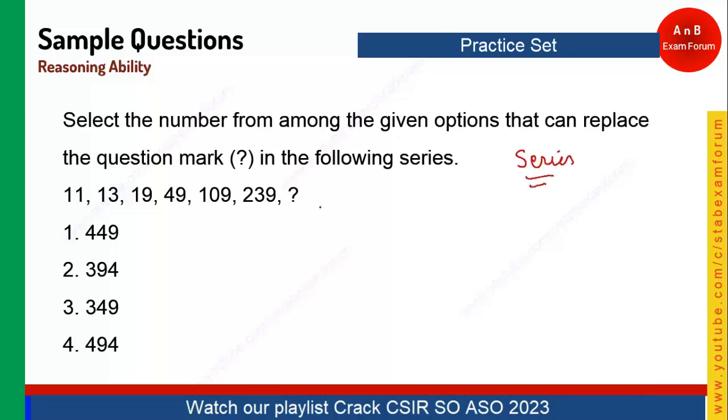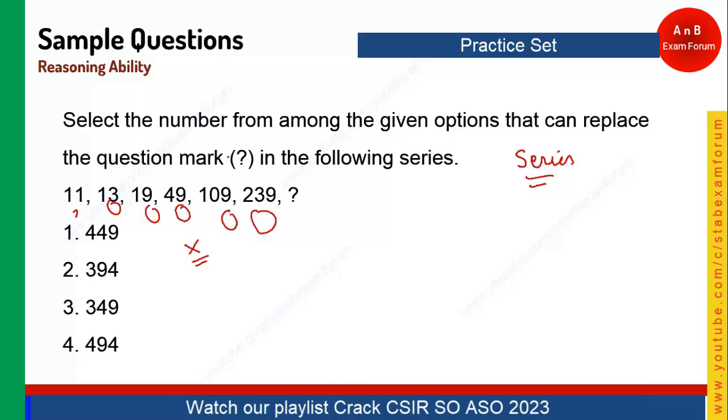Whenever you find such a series in which numbers begin from a small number to a big number to a very big number, it means some multiplication factor is there. But this question is not straightforward, student. I know in competitive exams this question can come, and if you are not able to find this answer, you can skip this question,